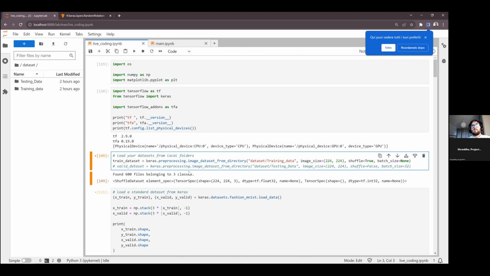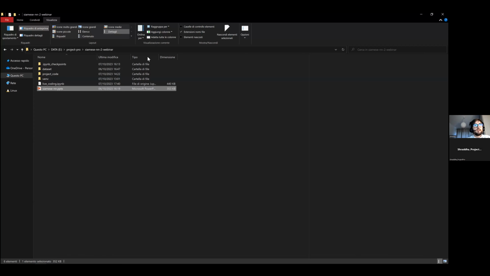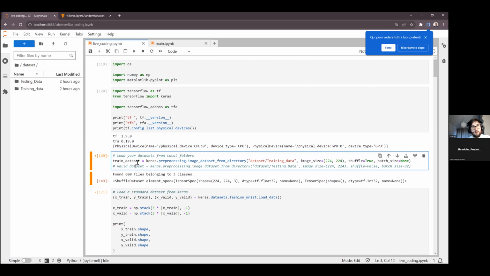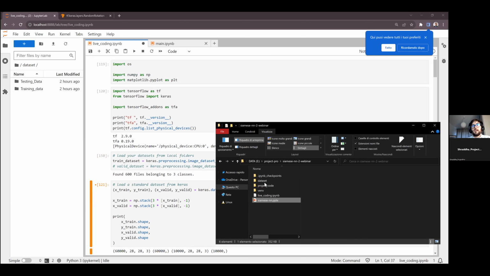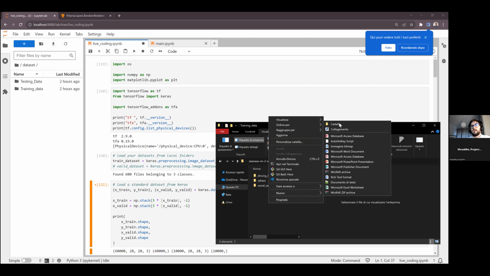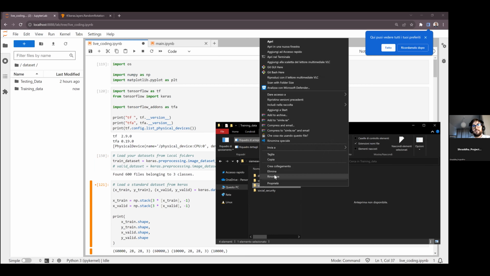Let's see how, if you want to add data to this data set, you can do that. You can see here now we have 600 images from 3 classes. Okay. Now I go into the data set, the training data. Maybe I want to add a new class, and maybe it's smile.